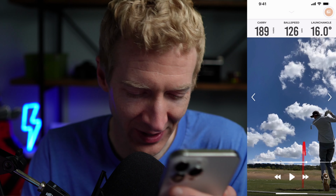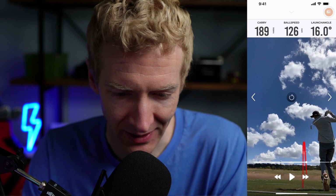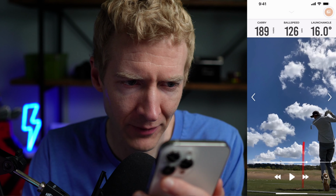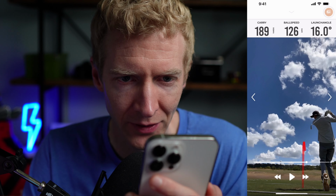And that was, I think, off the tee, if I'm not mistaken. Let's see if I can. That may have been off the tee. I mean, that was 189 yards for a 6-iron. That's pretty strong for me. And so now, working off of the TaylorMade P790 irons, I'm going to start to work my way into my